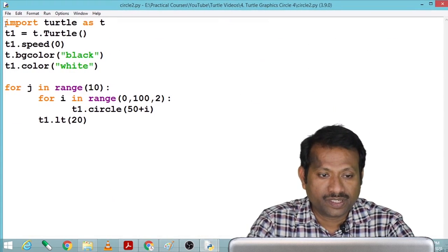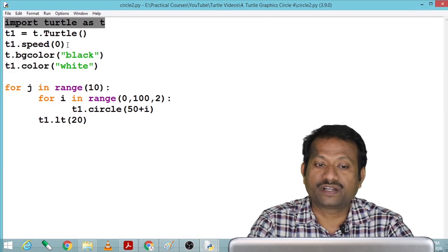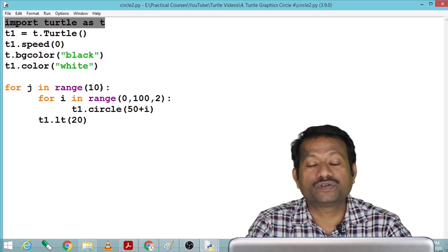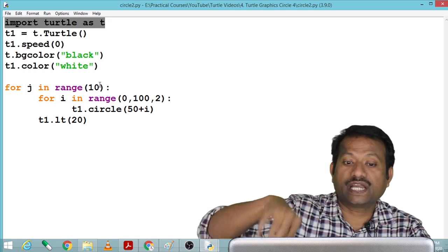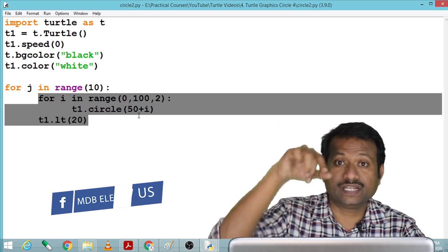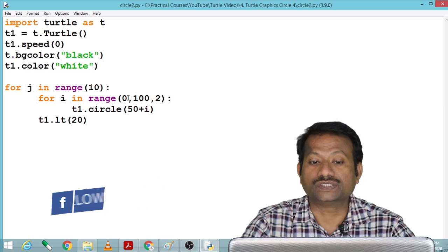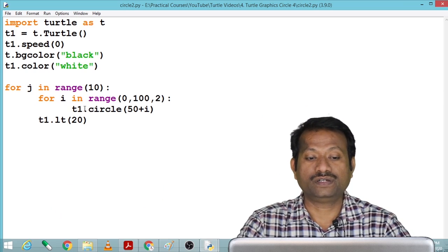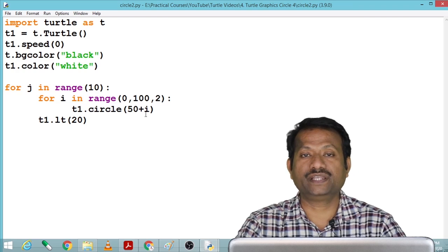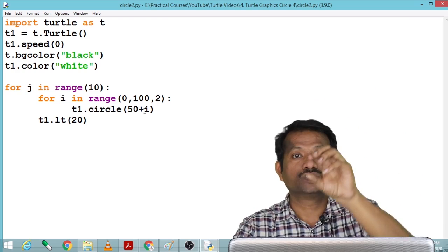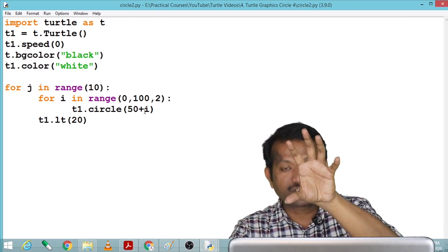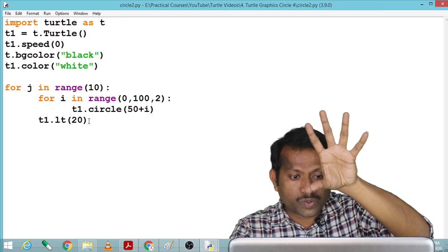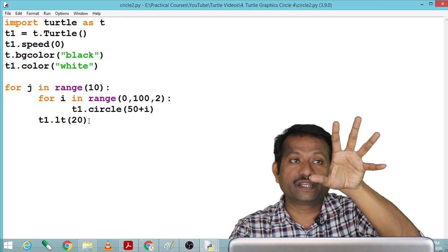So this we know. Here we are importing the turtle module, then we are creating the turtle, we have selected the speed, then background color black, then foreground color white, and this j is going to rotate 10 times. So it will draw 10 such circles, but this for loop will draw circle inside circle. So it will go from 0 to 100, and again the increment is by 2. So this will draw t1.circle(50) when i is 0, then the next circle radius will be 52, 54, 56. So it will go on incrementing, this circle outside circle, and after completion of this, when it has drawn the circle, it will rotate the turtle by an angle of 20 degrees, and again it will go on